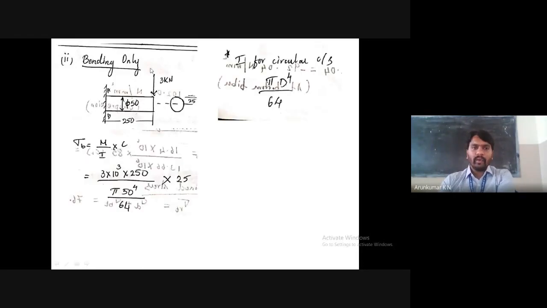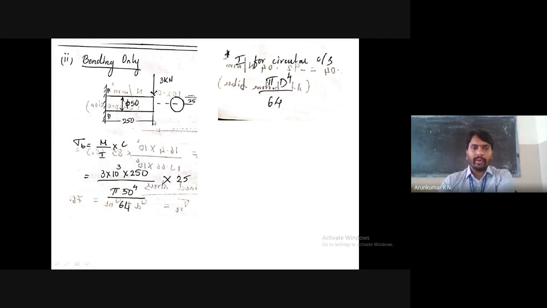Then, this is only bending stress, there is no axial, there is no torsion, only bending load. M by I into C. What is M? I told you that it is the distance from the loading axis. Yeah, distance here. Look at this in the beam. Bending moment means load into perpendicular distance. The load is there. At this point, the bending moment is zero because the distance is zero. As the distance increases, the moment will be maximum. And at this point, the moment is maximum.